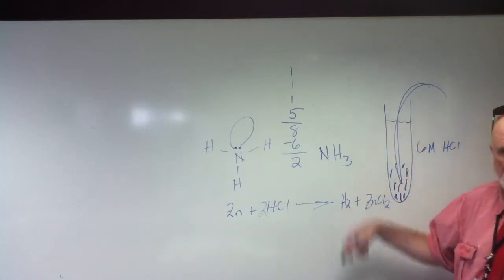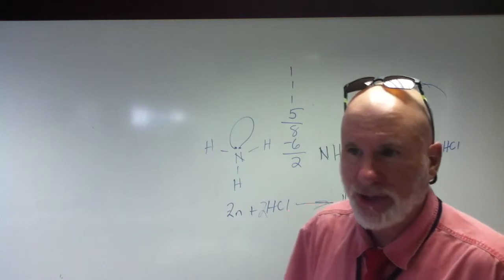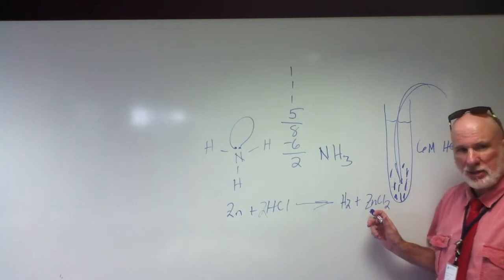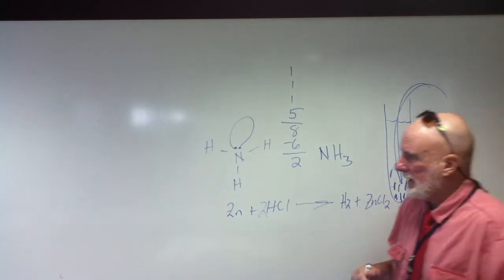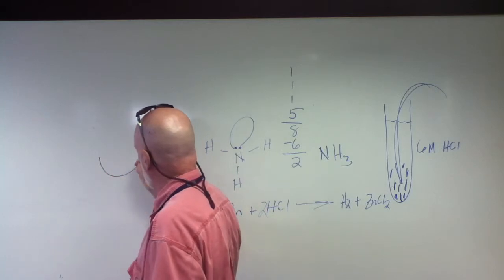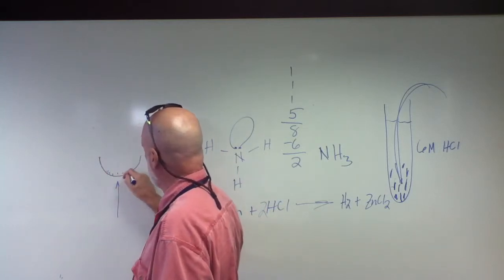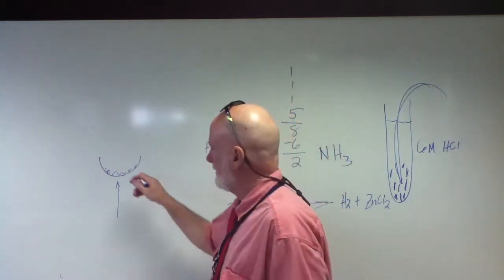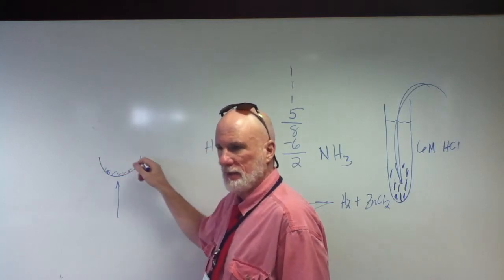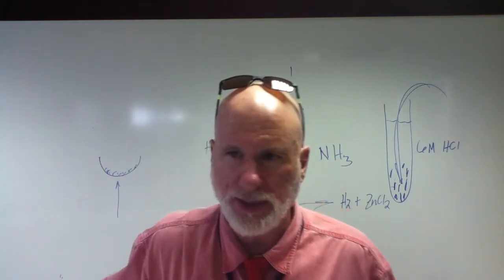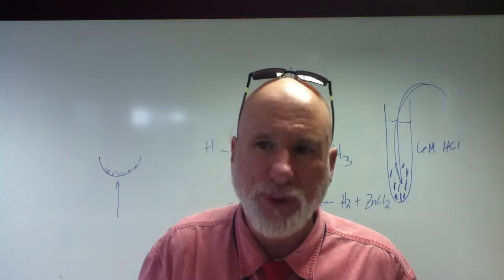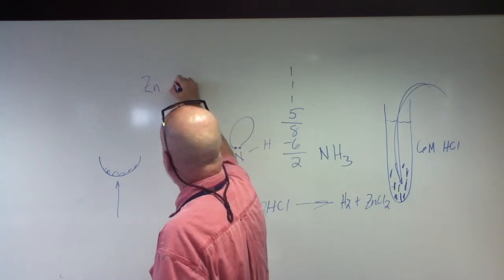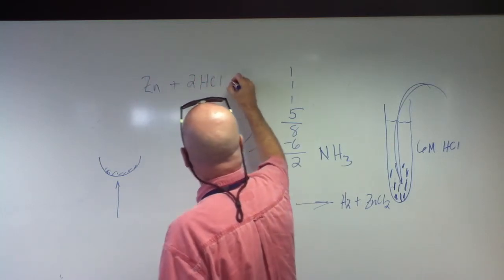Then what I do is I pour this stuff out, and I evaporate off the water, and can I tell how much zinc chloride was produced? Sure. I pour it into an evaporating dish, I put it over a flame, and I get these crystals here. Then I find the mass of this. I know the mass of the empty evaporating dish, and the mass of the evaporating dish with the crystals in it. So now I go to my equation and I say, okay,